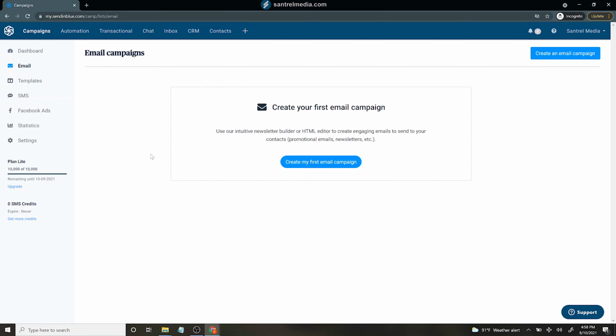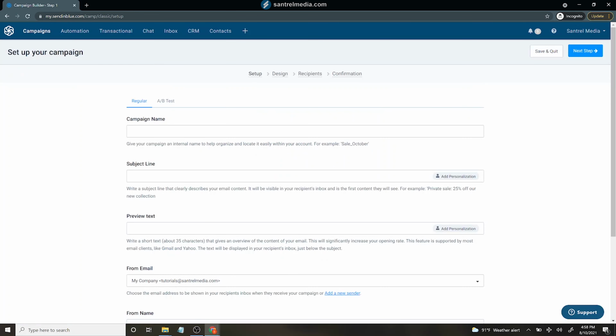But emails, let's go and create our first email campaign. This is most likely the most basic thing you're doing on here, most likely the most common thing you'll be doing on here. So if you're sending out an email campaign, you can set that up by clicking on this little blue button. We'll name the campaign, choose the subject line, the preview text, and the from email. So let's do that first. Campaign name, maybe we're gonna call this campaign number 1. And the subject line could be something like check out our new